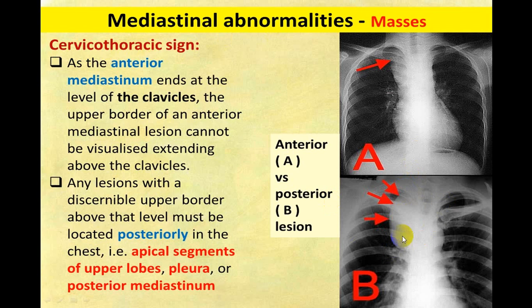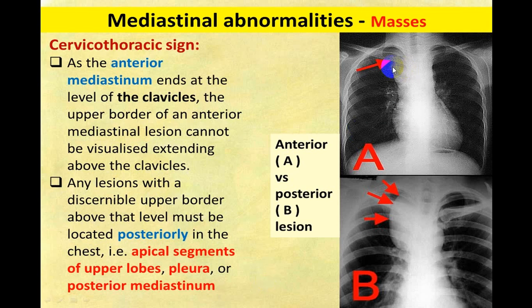Clear? Because a material from the thorax cannot extend into the cervical region. So usually it is from the cervical region, that is from the neck extending here, and very commonly it is a thyroid gland. So this can be a thyroid goiter which is extending from the neck into what we call the superior mediastinum. So that is given a name, cervicothoracic sign. So once in a while you can identify this on an X-ray very clearly. So try to identify that.